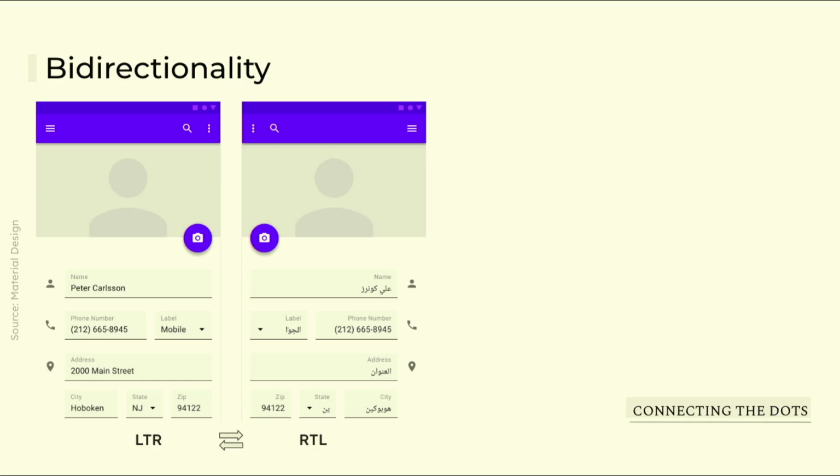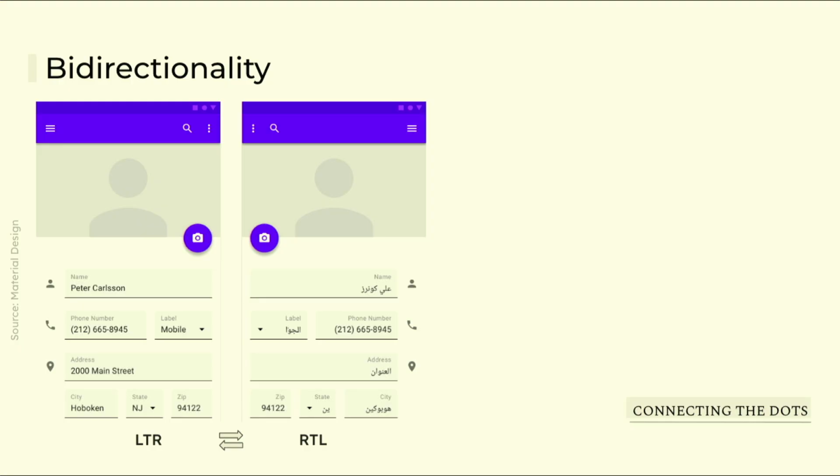Next up is bidirectionality. This is again one of the aspects that I see most websites lacking in terms of accessibility. Now there are many languages out there which are read from left to right, such as English or Japanese, as we are aware. But some languages are read from right to left, or what we call RTL. Arabic is one such language, and it's quite important that the UI of your web applications can accommodate for that change.